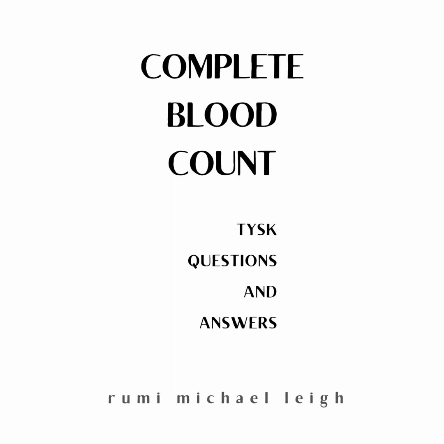Chapter 1. 1. What is a complete blood count? A complete blood count enables the measurement of blood components. 2. What are the components of the blood? The components of the blood include red blood cells, white blood cells, platelets, hemoglobin, hematocrit, mean corpuscular volume, etc. 3. What is the function of the red blood cells? Red blood cells carry oxygen and carbon dioxide. 4. Red blood cells are also called